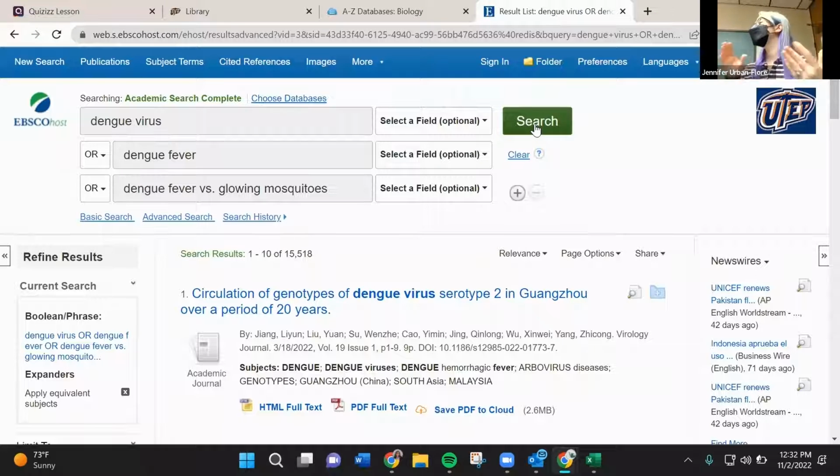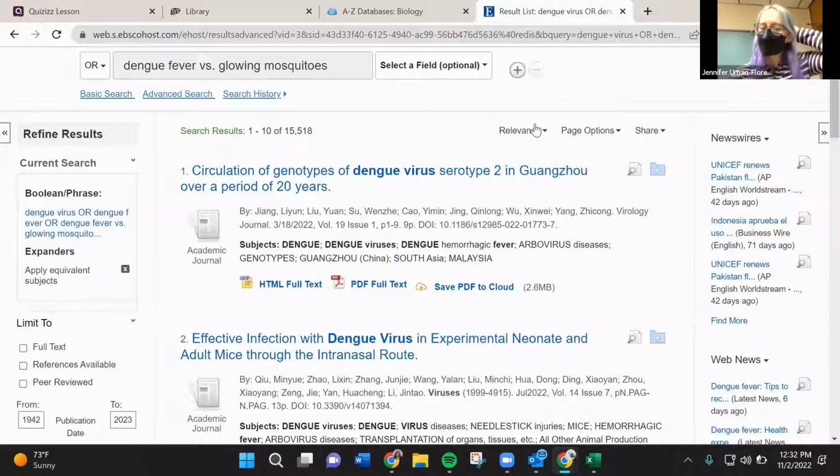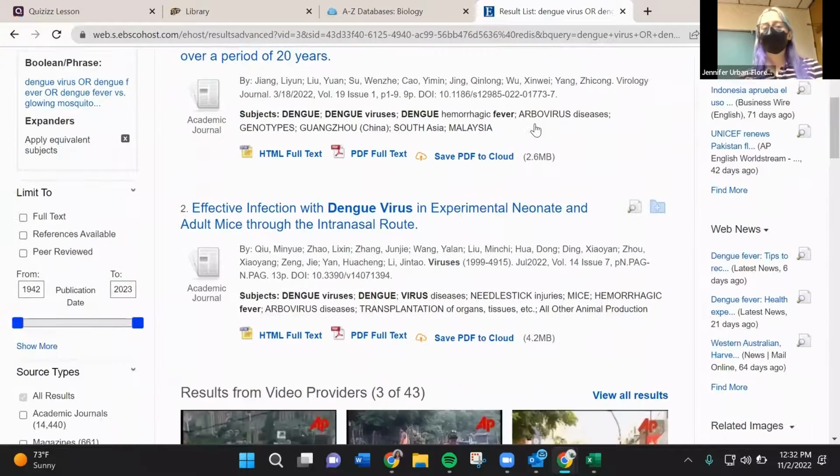Academic Search Complete still gives you quite a variety, but you're not going to get as much stuff like microfilm or microfiche. You're not going to get stuff like DVDs that happen to mention it, because you probably don't want something that just mentions it in passing, right? You want something that's very focused on that specific topic. And so you can already see we have some good results here at the top.